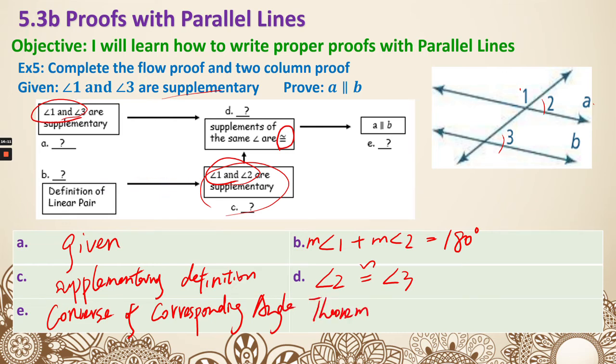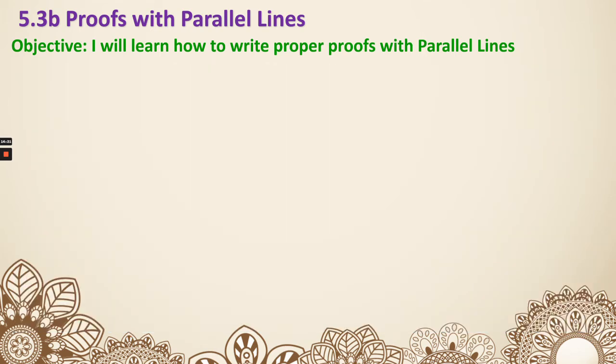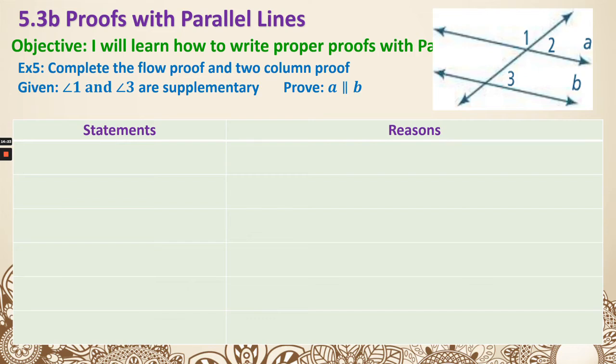So that's example 5, and that is the flow proof format. Now let's have a look at how we can write a two-column proof for this question. It's the same thing. Our first step is given. So angle 1 and angle 3 are supplementary. And the reason is given. And because of that,